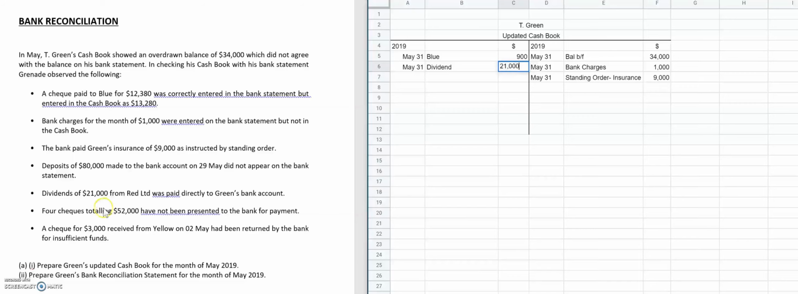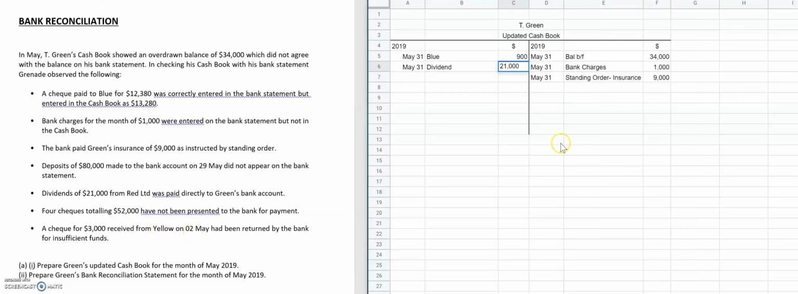$21,000. Now it says four checks totaling had not been presented to the bank. Alright, so this would already be in the cash book but not on the bank statement, so this goes into the bank reconciliation statement. Next, a check for $3,000 received from Yellow on the 2nd of May had been returned by